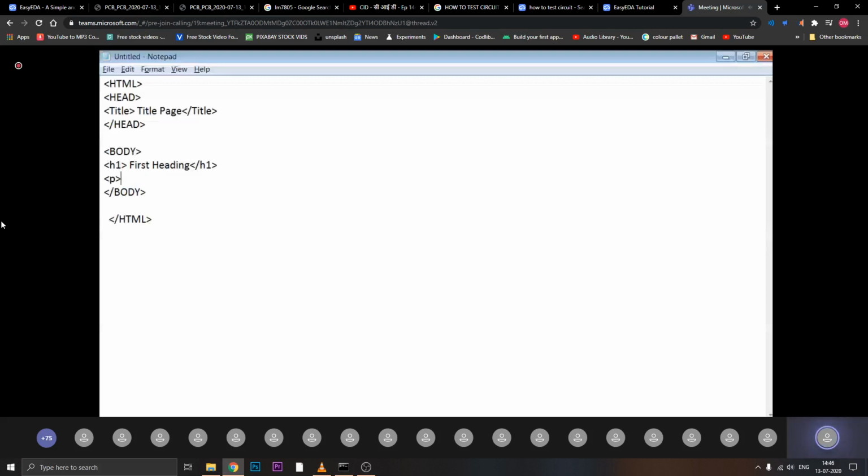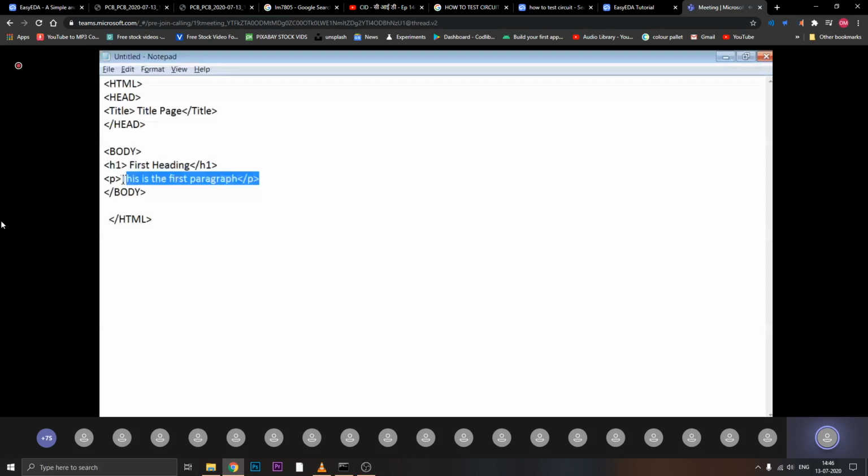This is the start tag of the P, and then it should be closed. So this one is used for the heading, and this one is used for adding the paragraph. This is a simple example.